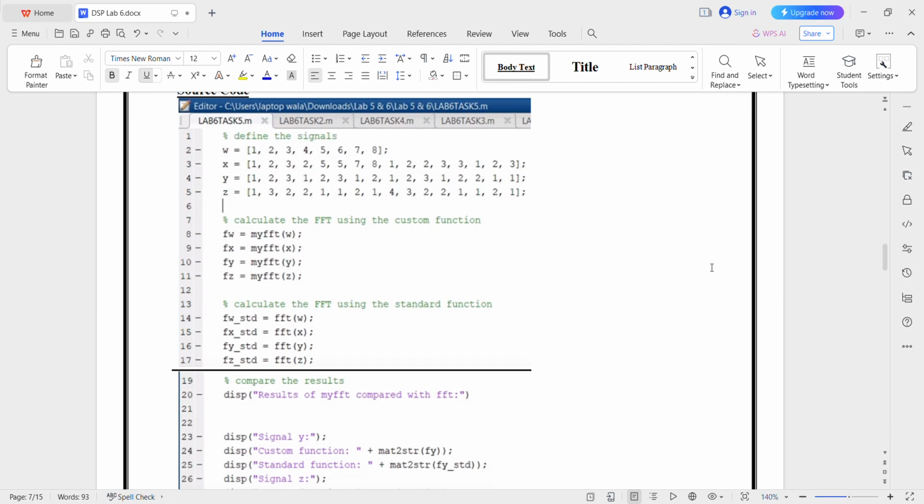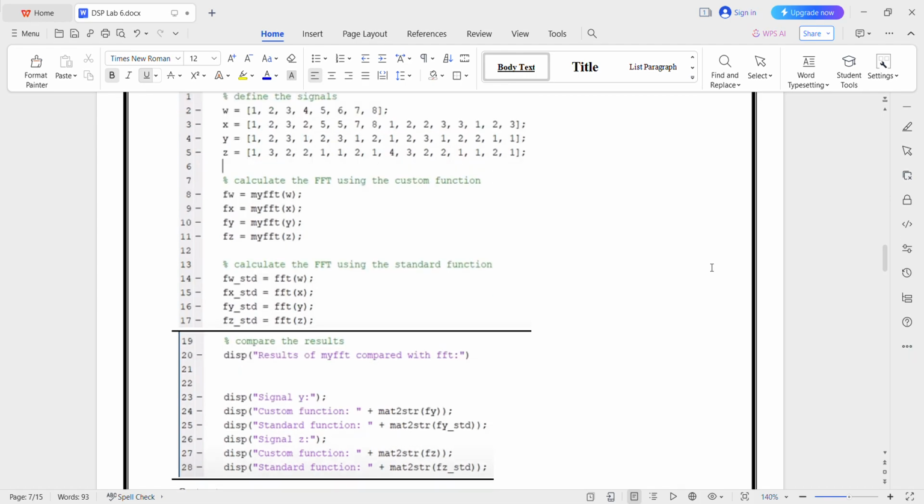Now task 5. The MATLAB code computes the fast Fourier transform FFT of 4 different signals W, X, Y, and Z using a custom function myFFT and compares the result with MATLAB's built-in FFT function. Signals W, X, Y, and Z are defined. The custom function myFFT is used to calculate the FFT for each signal: FW, Fx, Fy, and Fz. MATLAB's built-in FFT function is applied to each signal to obtain the standard FFT results FW STD, Fx STD, Fy STD, and Fz STD. The results from the custom function and the standard function are compared and displayed